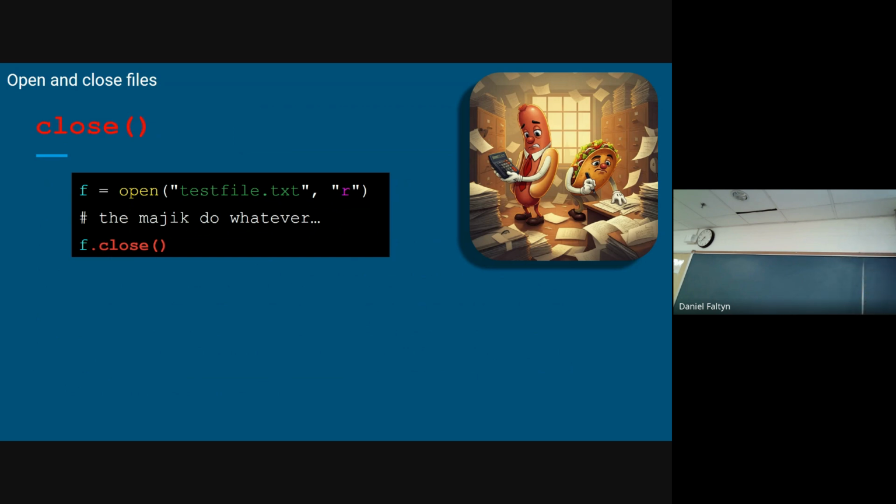If we can open a file, we should be able to close the file. And I want to recast what I just said. It's not that we should be able to close the file, it's that we want to close the file. It is really, really bad if you have a whole bunch of files that are open. And the reason is, well, I don't want to be too negativistic, but people make mistakes. Let me put it that way.